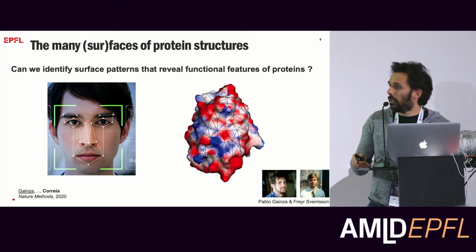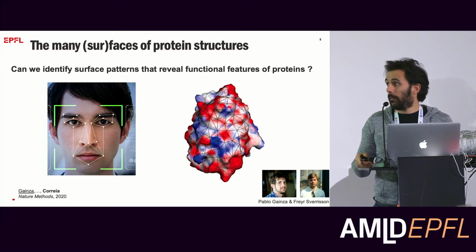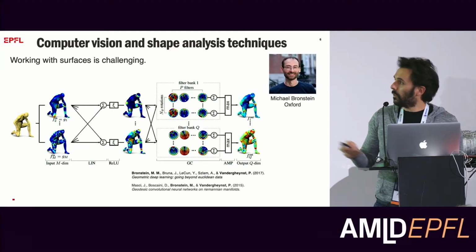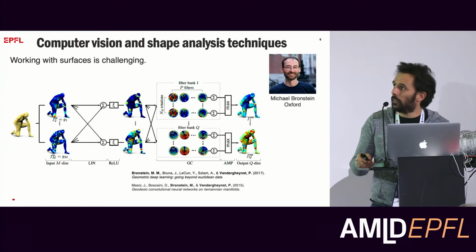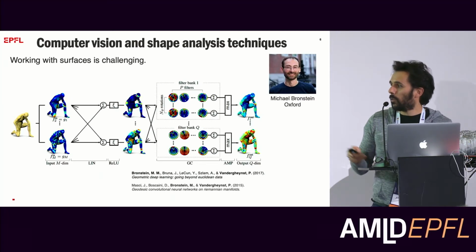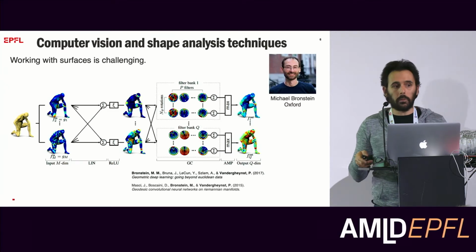And in fact, maybe most of you don't know, or maybe you do know, but working with continuous surfaces is a huge challenge in the field of protein modeling. And so we actually had to use a new suite of tools, which basically came from our long-term collaborator, Michael Bronstein, who is an expert in computer vision and geometric deep learning. And the first import of technology that we actually used was based on these geodesic convolutional neural networks that Michael develops to analyze and learn patterns from 3D shapes. So the idea was to import basically this approach into the molecular world.